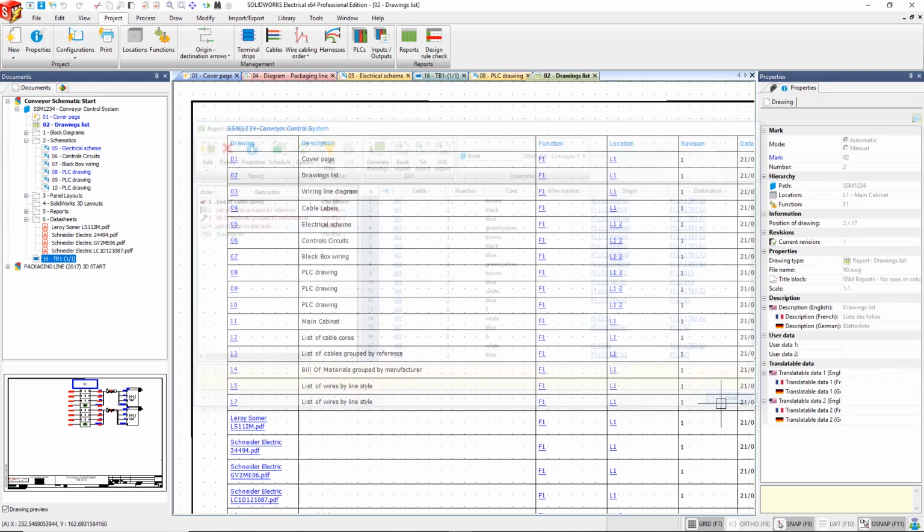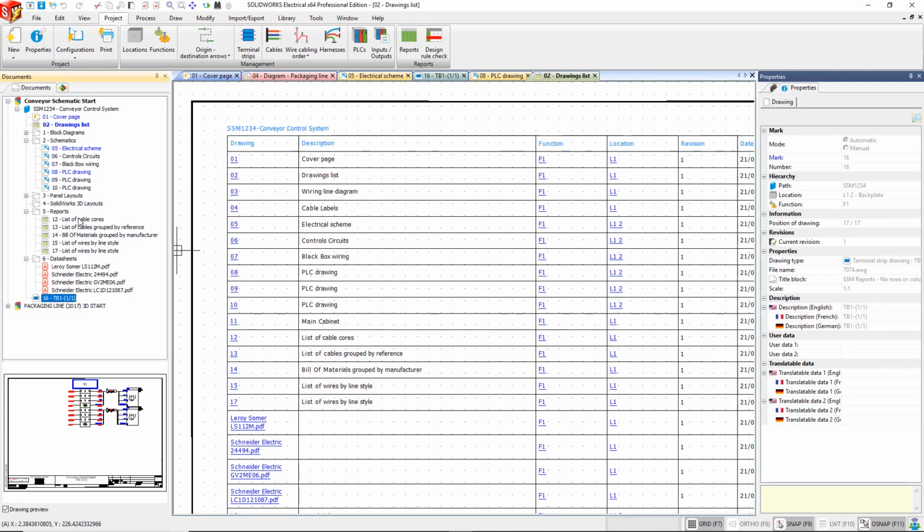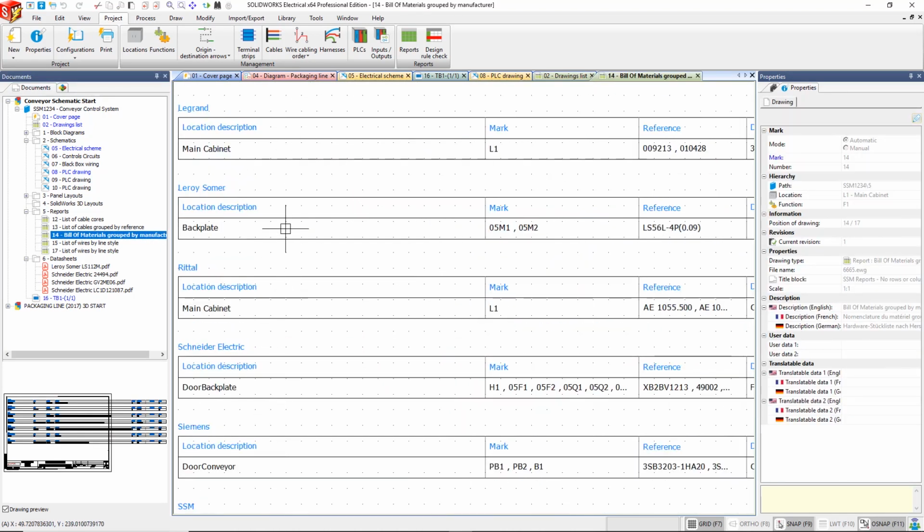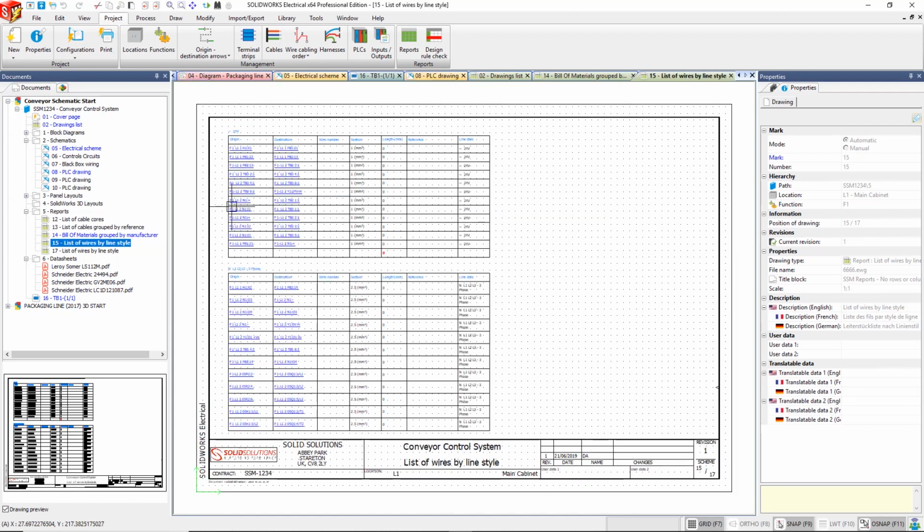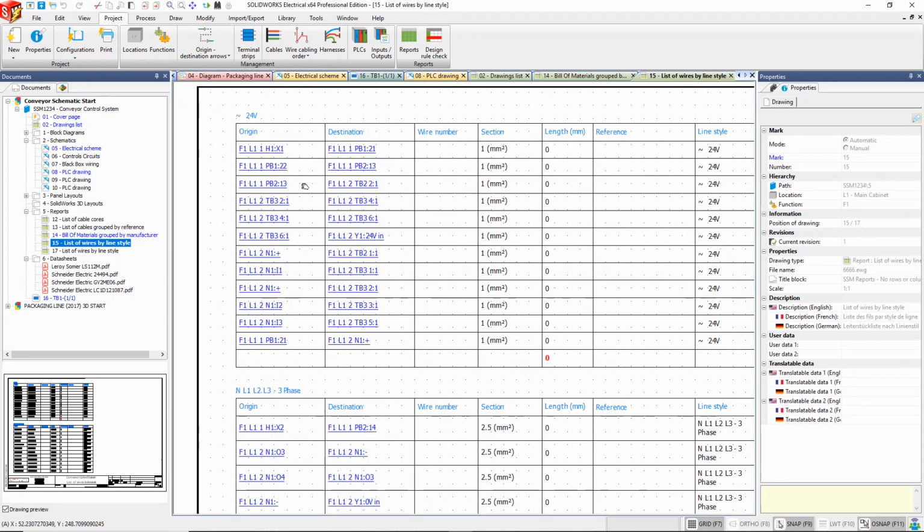Now it's been produced, let's take a look at some of those documents. So I've got my bills of materials all updated. We can change the formatting of all of these reports very easily, change columns, change sizes, have a continuous report rather than a broken up report. And the reports even come with hyperlinks as well, which also carry through to the PDF output, which is great for people that haven't got the software. Maybe for managers to approve documentation, or maybe for people that are out in the field servicing equipment.